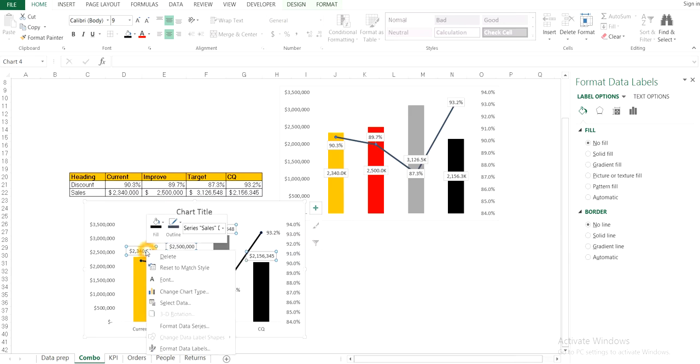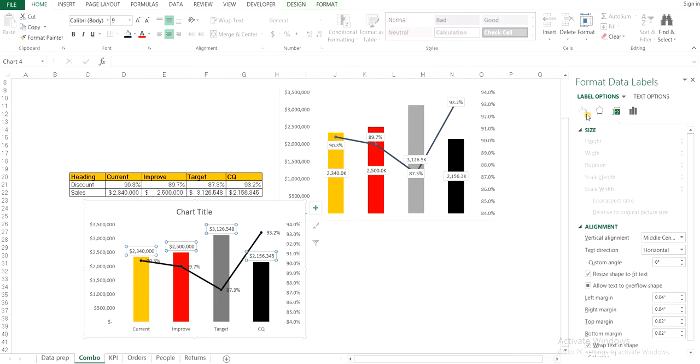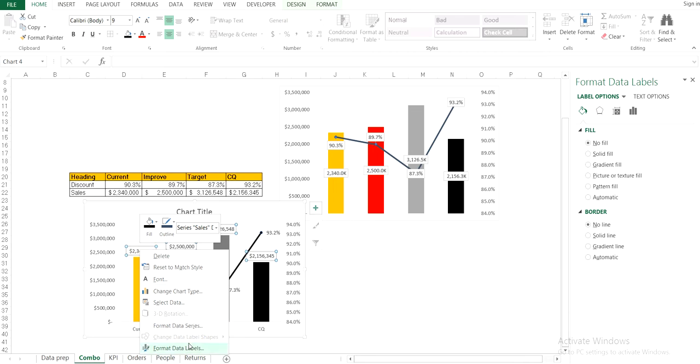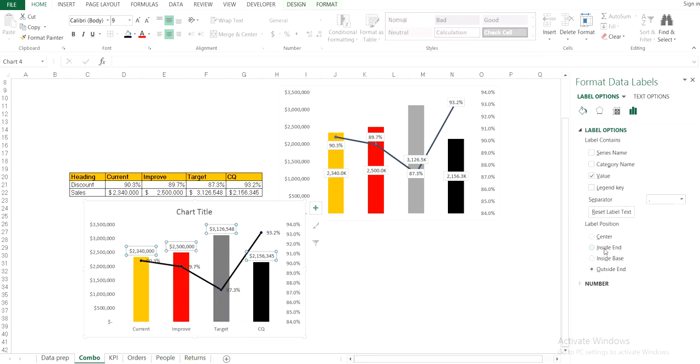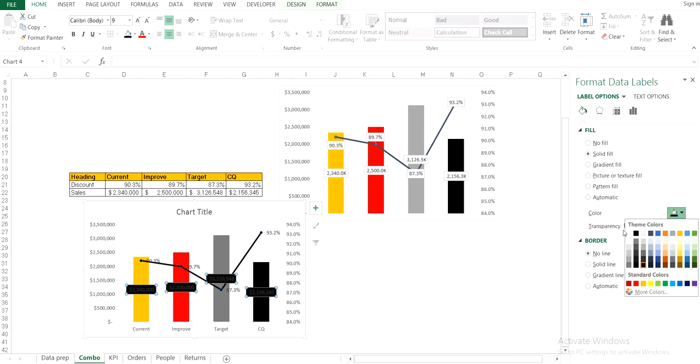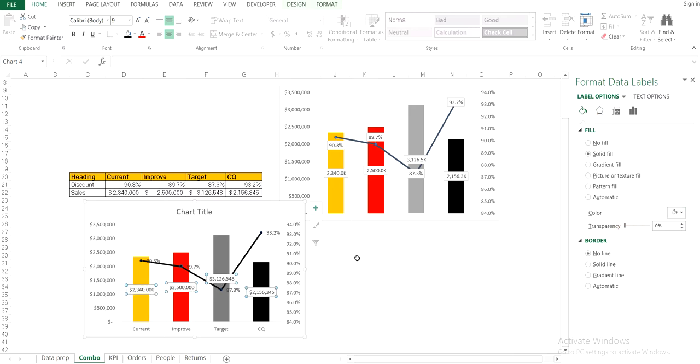How can we do this? Right click, format data labels, make it center. If you want to fill it with any color, go to solid fill and choose the white color background.